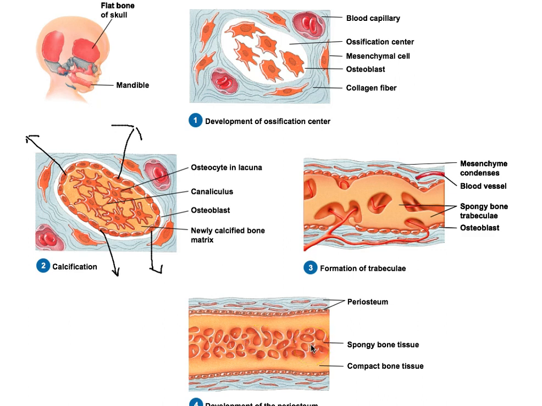But for right now, what I want you to see is you have this layer of compact bone on a flat bone on both sides. And you have a periosteum on both sides. Okay, the periosteal should be on the outside. This should be called endosteum, but you'll notice your textbook doesn't even name it for you. Okay? Last thing that I want you to see is that in the middle you can actually see, depending on